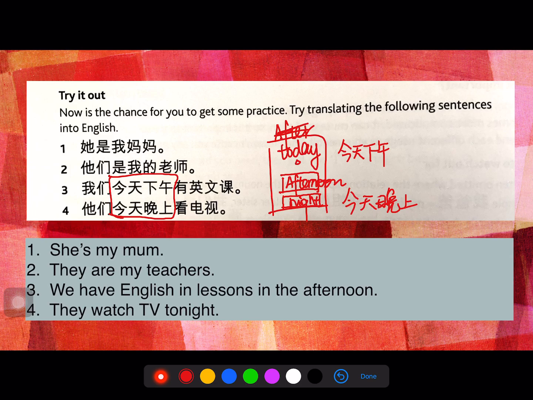So it is quite important to master the patterns, to think about and reflect on what the patterns are, rather than just doing exercises without really reflecting on them. So I hope that today's review of the grammar will help you gain a holistic picture of the grammar points that we've learned so far. 好，同学们再见。